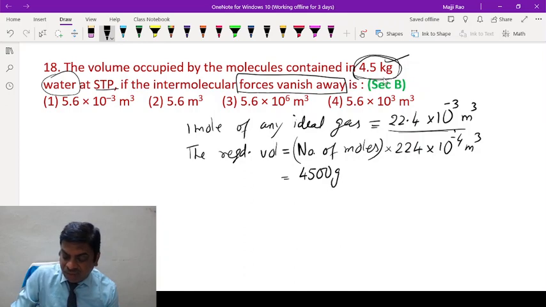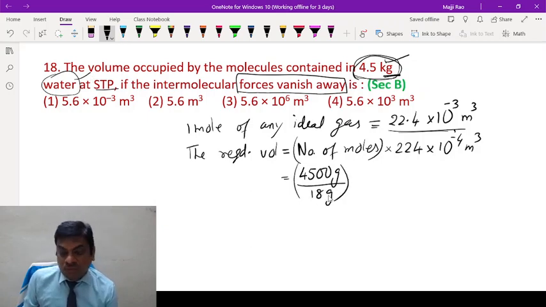4500 gram. I have converted kg into gram. So, kilo stands for 10 power minus 3, so the decimal has been shifted to 3 places to the right. Whereas for water, molecular mass is 18 grams. So, this will be the total number of moles of water present in this much kilogram of water into this